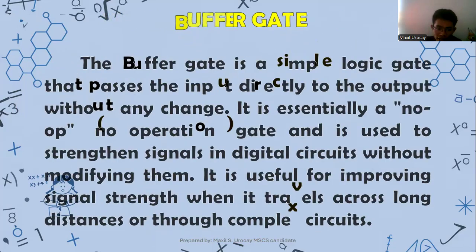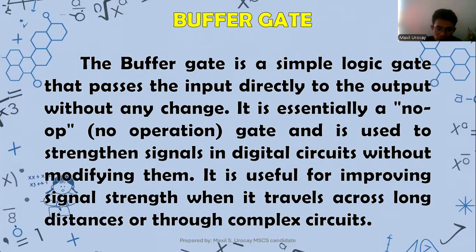There will also be the buffer gate. It is a simple logic gate that passes the input directly to the output without any change. It is essentially a no-op, or no-operation, gate and is used to strengthen signals in digital circuits without modifying them. It is useful for improving signal strength when it travels across long distances or through complex circuits. However, class, we're not really able to utilize this, because AND, OR, NAND, XOR are definitely some of the main gates that we use when we are working with specific